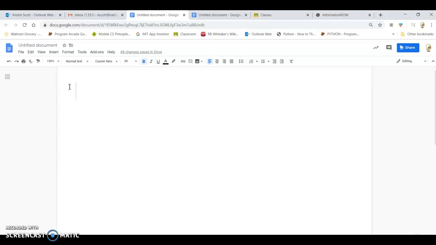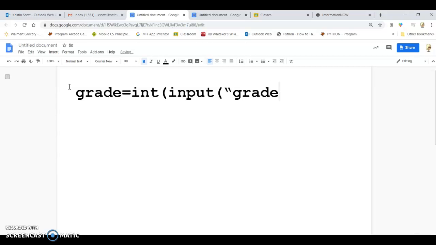So all of your problems, there are going to be 5 problems on the assignment today. They all require you to ask for an input statement. So each one you'll have an input statement, and then you'll have some if statements after it. So for this one, we're just going to go with grade. That's going to be our input statement, and we're asking for like a percentage. Oops, I need quotes. Since we're asking for a number,